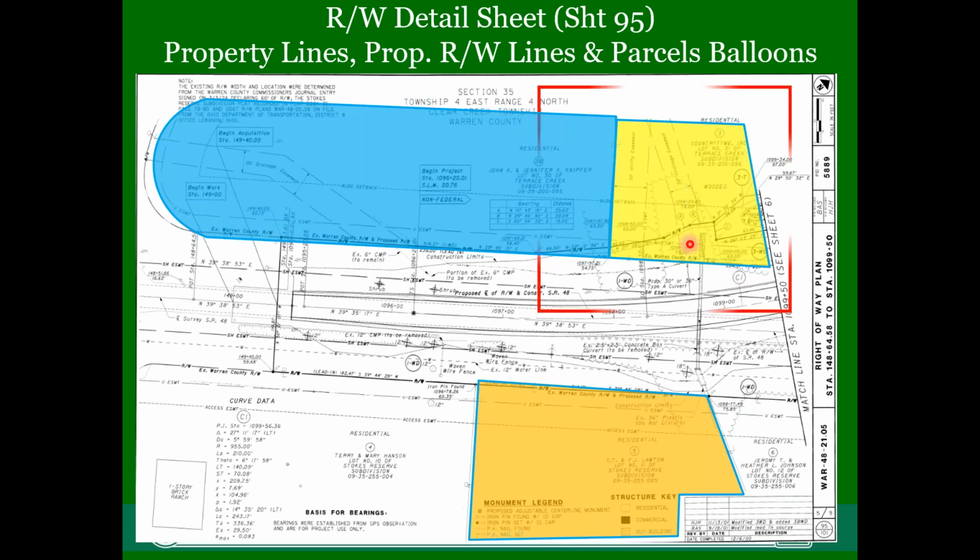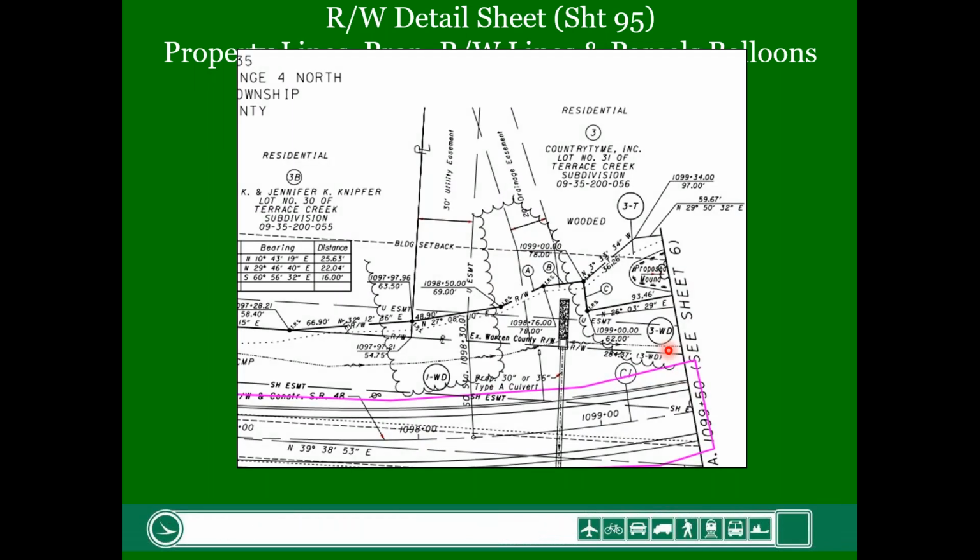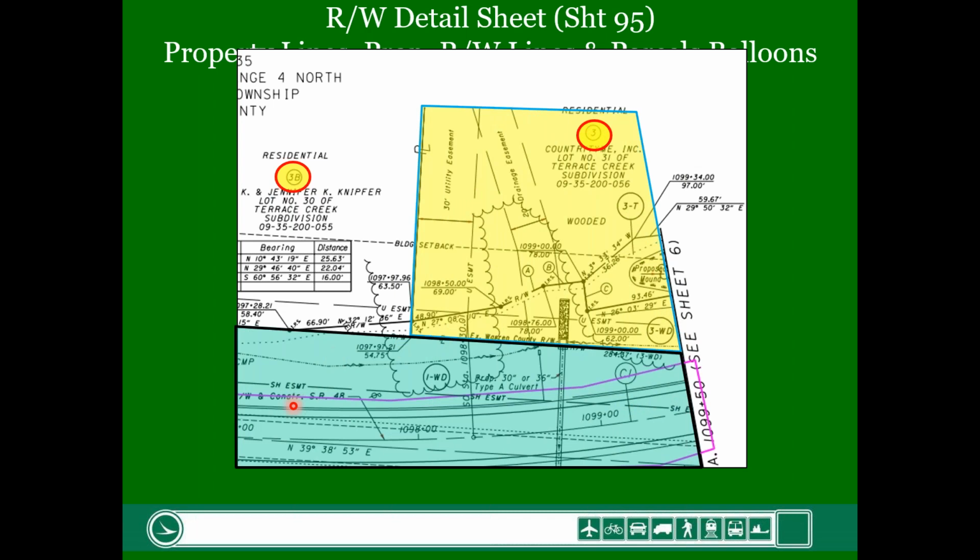And we're going to zoom into 3. We're going to take a closer look here. So property owner 3, next to it there's 3B. I've highlighted that. So this is parcel 3B over here. Here is parcel 3, and I've highlighted it in yellow. This is parcel 1WD down here. Now this is only relative to what I'm looking at right now, but I want you to understand we're going to dig in a little bit deeper.